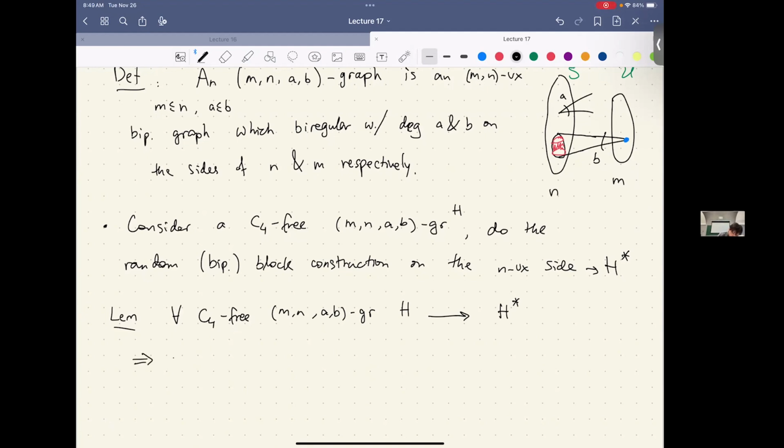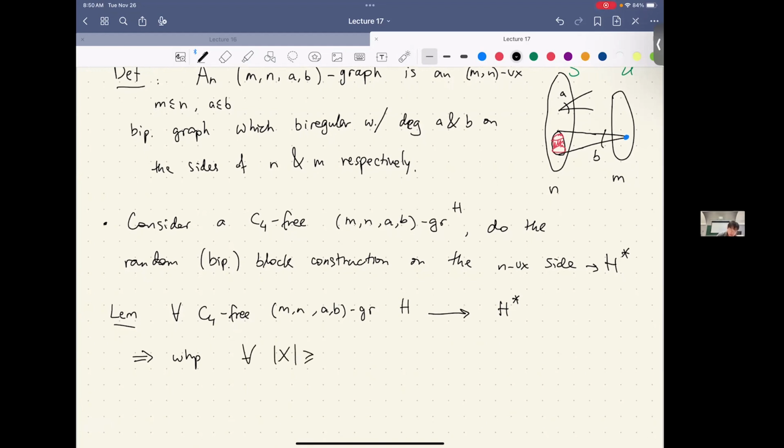Then the conclusion is that with high probability, we have a pseudo-randomness property that for every vertex set X of size at least R, where R is some constant times m log n over a,